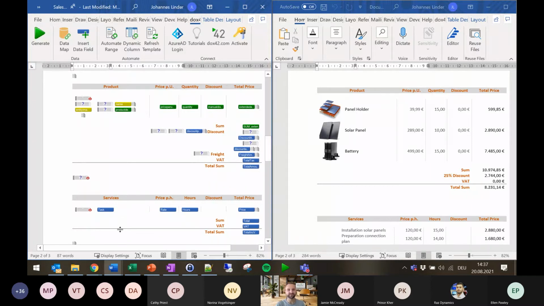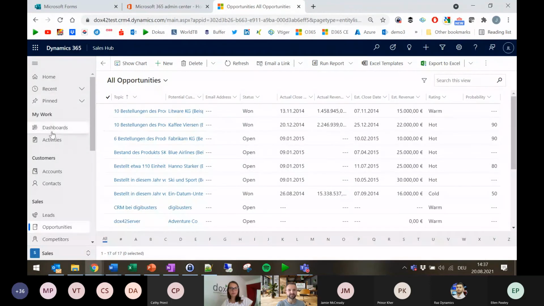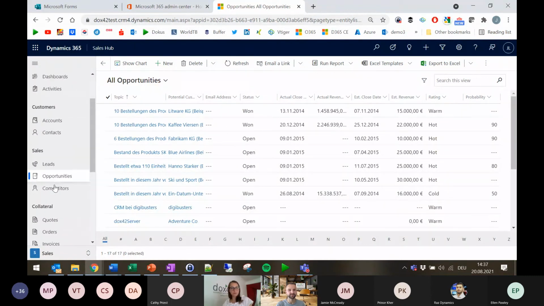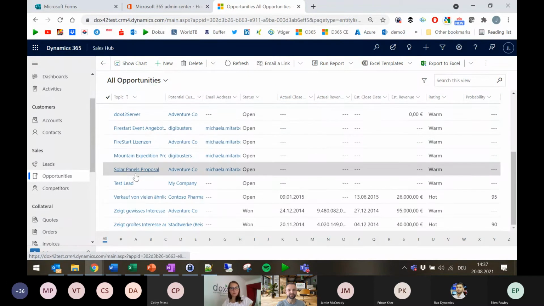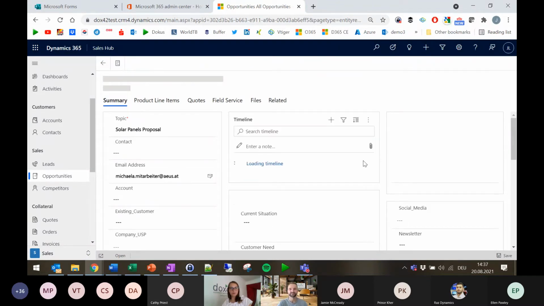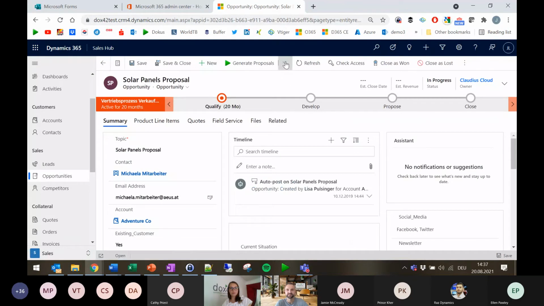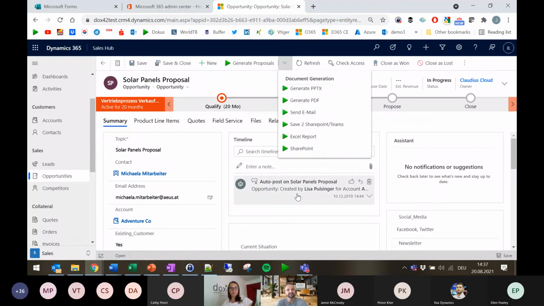Let's have a look into something we haven't really seen before, which is PowerPoint in CE. So let's move to our opportunities. And there we would like to have the solar panels proposal. And in this case, the way it's integrated is if we send out this very quote via email.